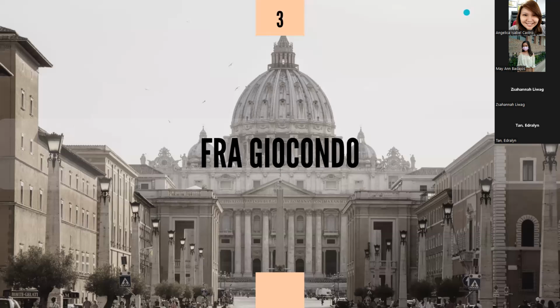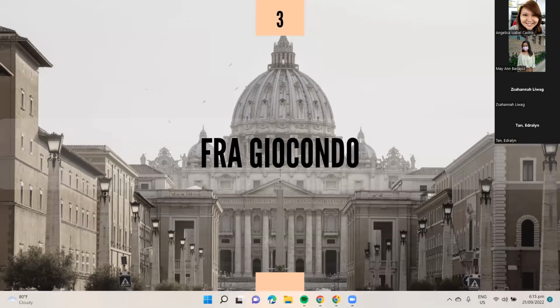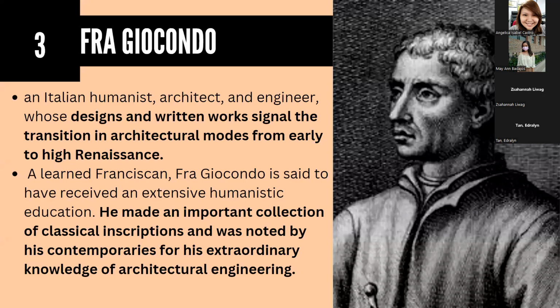So, ang third architect naman po na nag-ambag sa pagbuo ng St. Peter's Basilica ay si Fra Giocondo. Siya po ay isang humanist, architect, and engineer whose designs and written works signal the transition in architectural modes from early to high Renaissance. So nabanggit naman po kanina yung difference between early and high